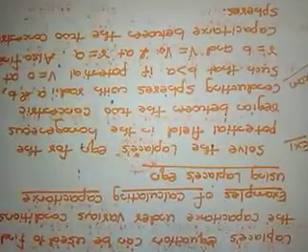Solve the Laplace's equation for the potential field in the homogeneous region between the two concentric conducting spheres with radii A and B, such that B is greater than A, if potential V is equal to 0 at R equal to B and V is equal to V naught at R equal to A. Also find the capacitance between the two concentric spheres.